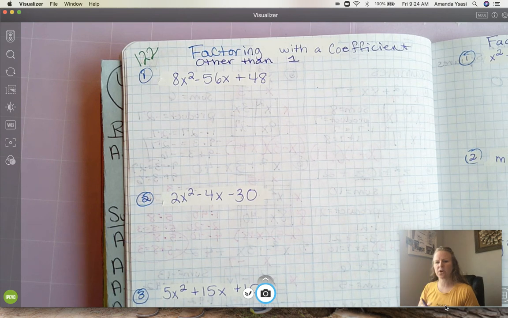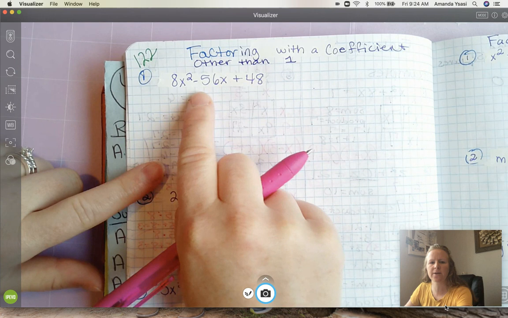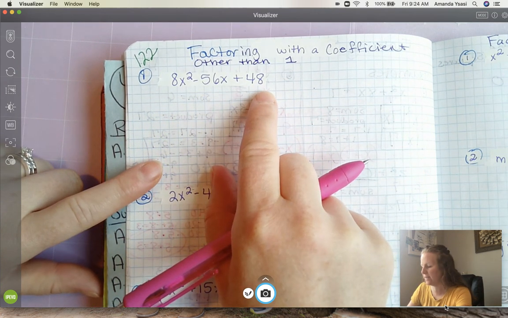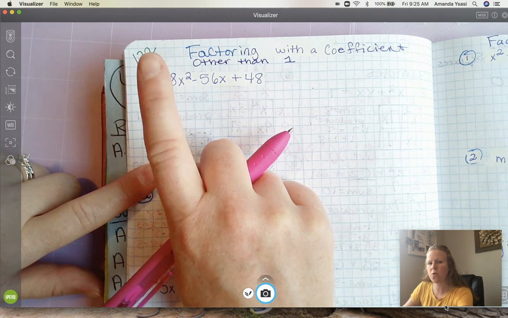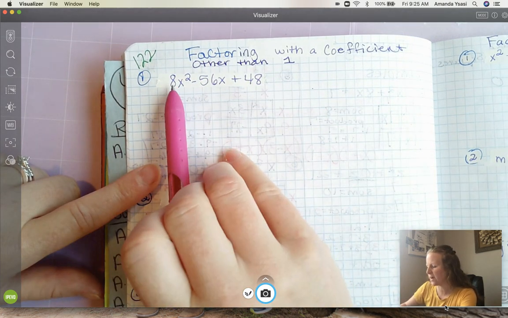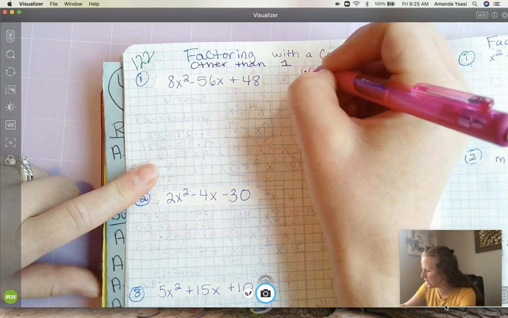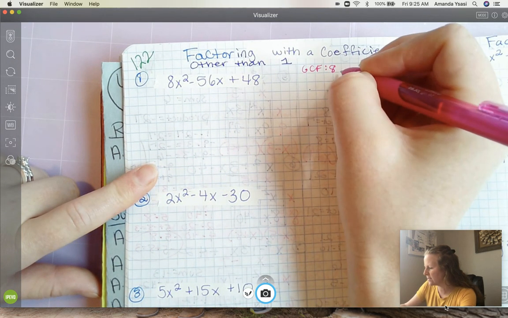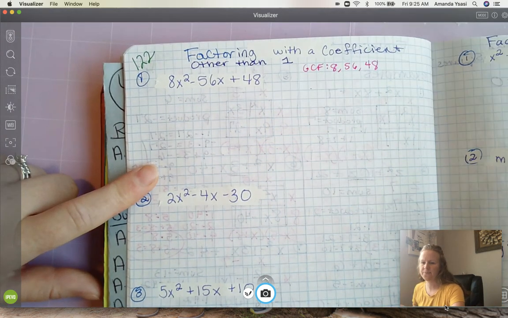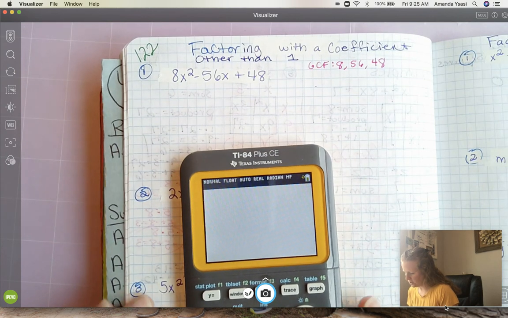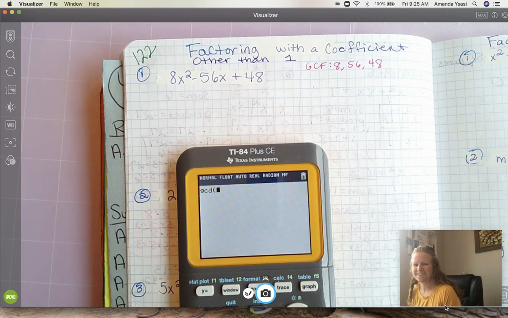So we are going to start with this. Okay, so let's look at this. We have 8x squared minus 56x plus 48. We've never seen one with a number out front. So the first thing you want to do is see if you can factor out a number from each one of these. Find your GCF of 8, 56, and 48. Okay, so let's say you can go to math, number 9, and do 8,